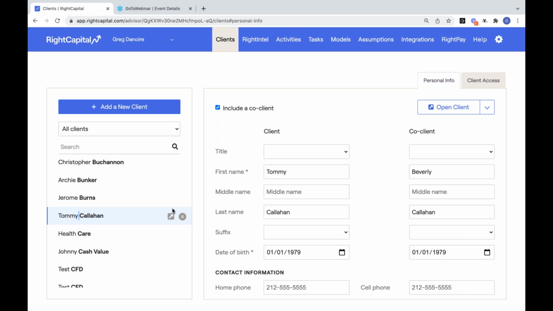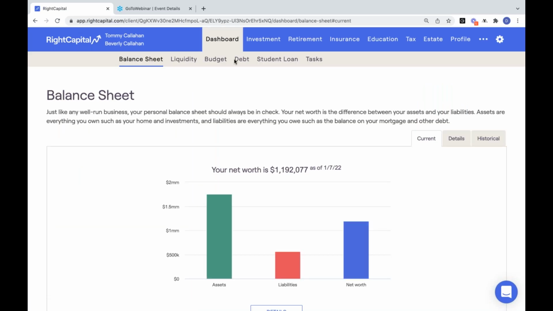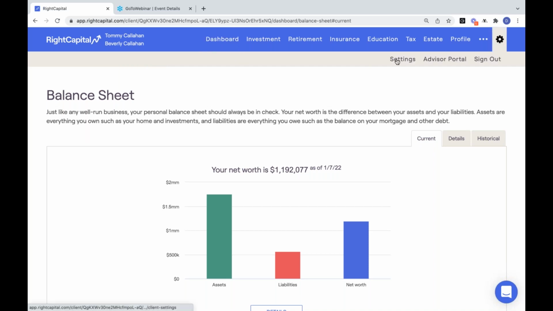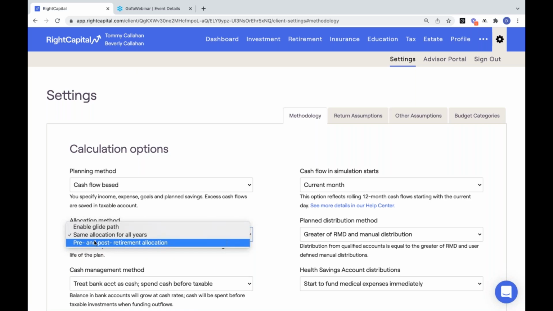So there is a lot of flexibility, of course, within Right Capital to really hone in on some of these nuanced details. But how you structure the financial plan is really going to be dependent upon the clients themselves. If you're working with a majority of clients who are already retired, let's say, there's a good chance that maybe they're going to be in the same asset allocation for the remainder of their financial plan,